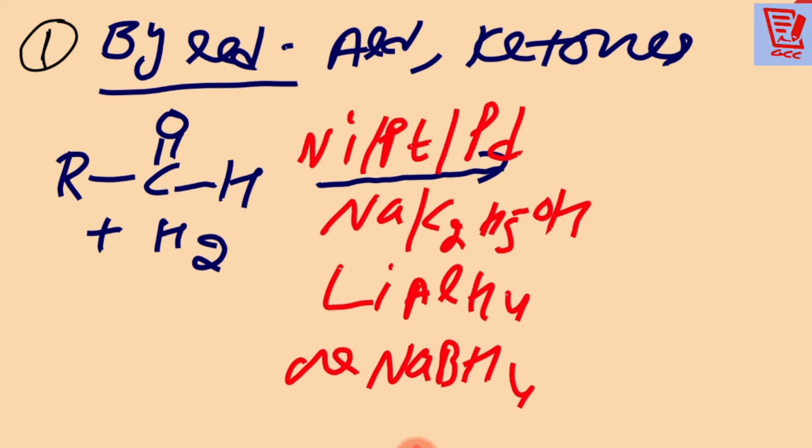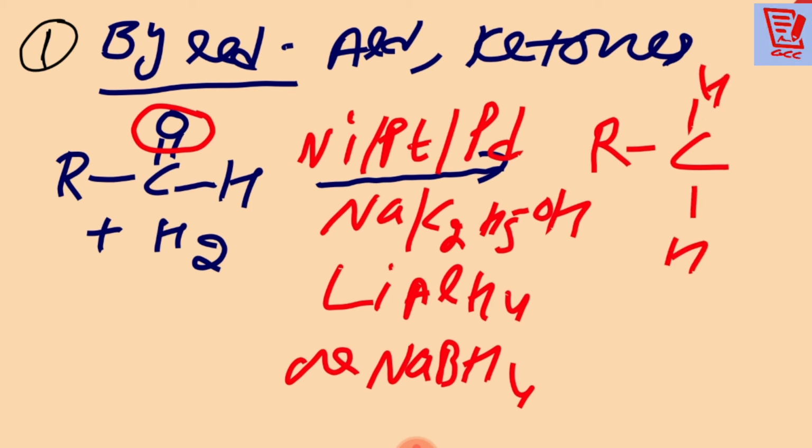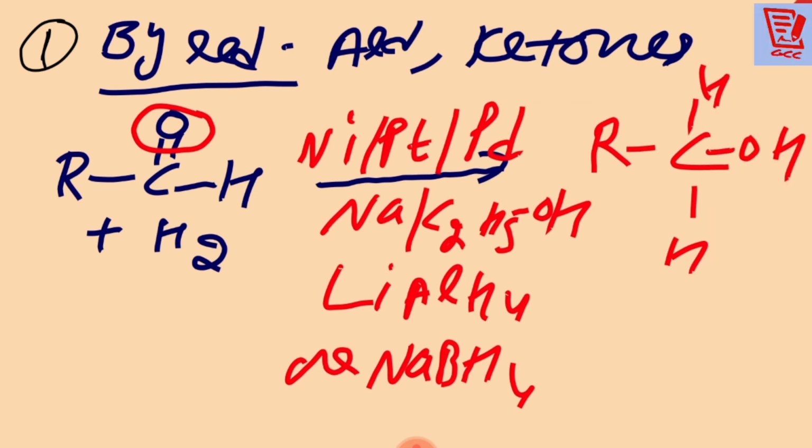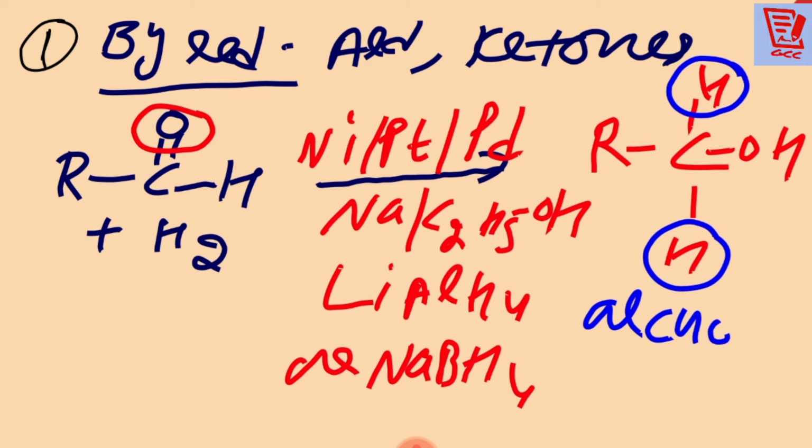Clear? And when you add the hydrogen, at the place of this double bond two hydrogens will come, RCH2O, and OH will come here, RCH2OH. All of you can see these two new hydrogens that we have added, and what we have formed is alcohol, and this is a primary alcohol. Is that clear? Now this one we have done with the aldehyde.